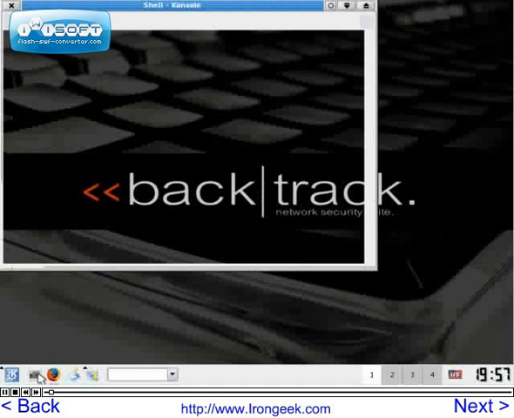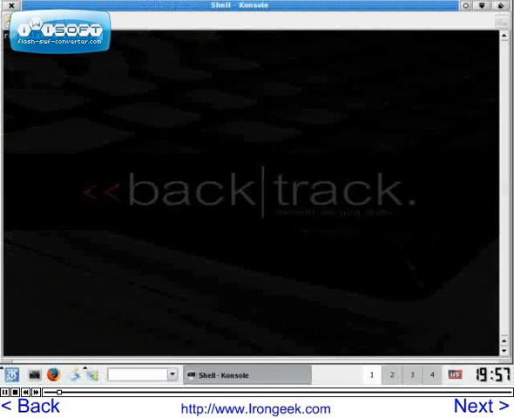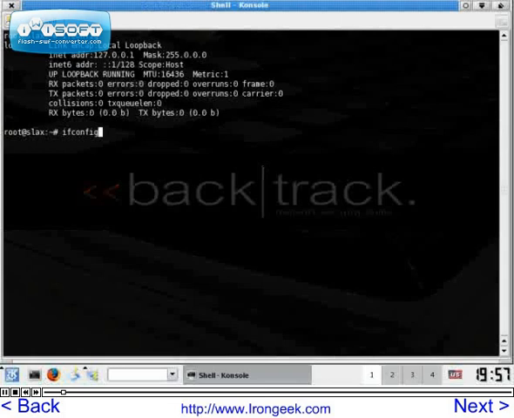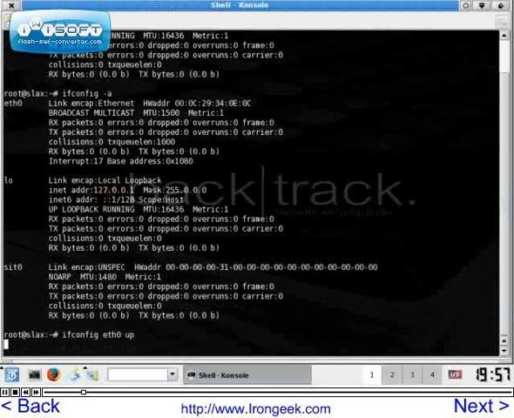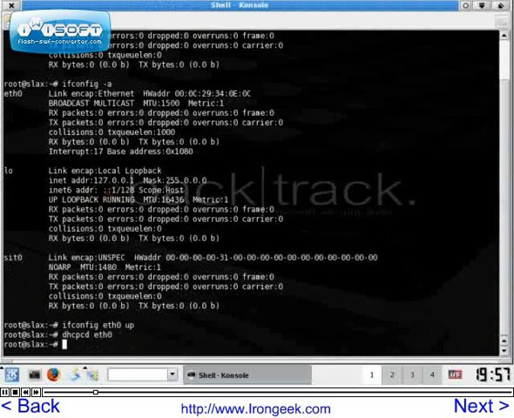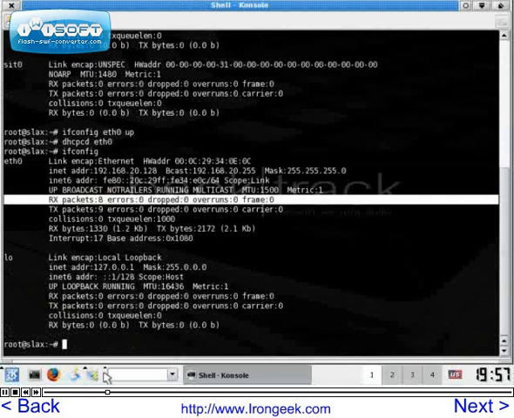Alright, you see I have BackTrack up and running in the GUI. I got to this point basically by logging in with the username root and the password toor. Now by default, BackTrack does not automatically start up the network interfaces, so I'll go ahead and see which ones I have using ifconfig. A quick ifconfig -a tells me what interfaces are possible. Then I can ifconfig eth0 up if that one's available, and then I can use dhcpcd, that stands for Dynamic Host Configuration Protocol Client Daemon, at least as far as I know. Start that up and I can get an IP address. At that particular point, I'm now on the network and I should be able to contact